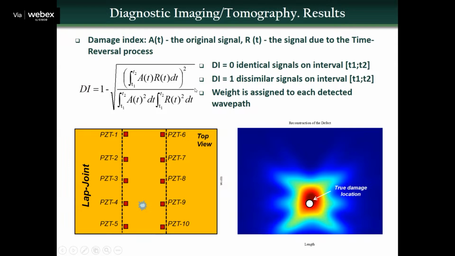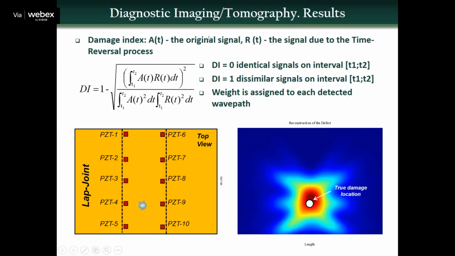So the defect can be calculated using a damage index defined here, where you are doing the integration over a time, time 1 to time 2. It depends on the structure and wave velocity, and the damage index is defined in a way that has been normalized, where you have the